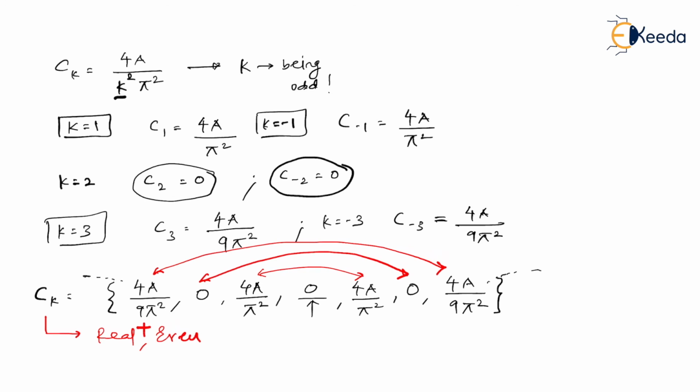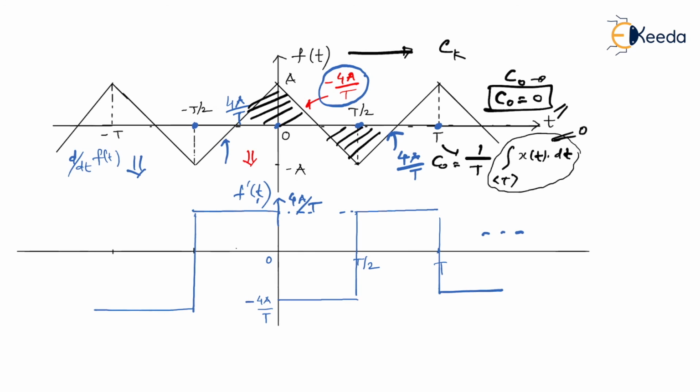So we will think vice versa. If the Fourier series coefficients are real and even, definitely the given signal f of t must be also real as well as even. Let us check the given f of t, that is a triangular signal, whether it is real as well as even. So as you can see, of course it is real because maximum amplitude plus a, minimum amplitude minus a. So definitely the given signal is a real signal because there is absence of j in magnitude of the signal. And secondly, as I said, most of the signals or all the signals that we study in signals and systems are real signals. So it is a real signal as well as it is even signal.